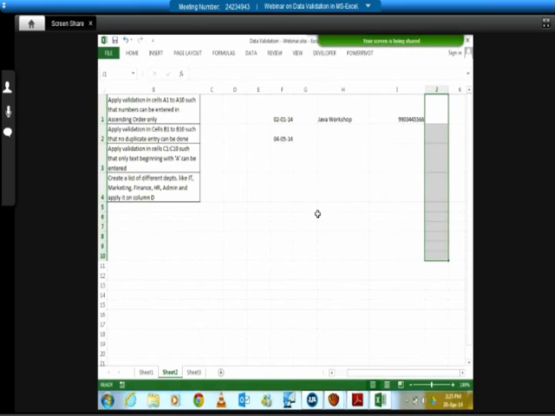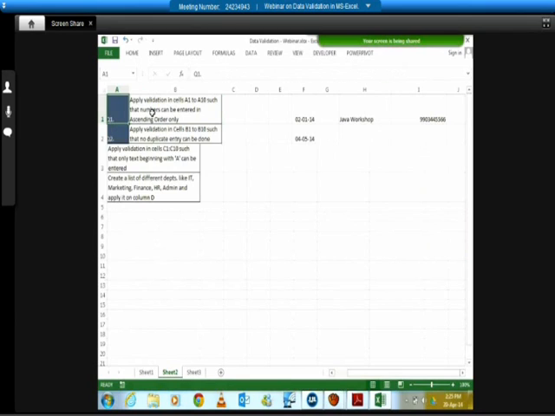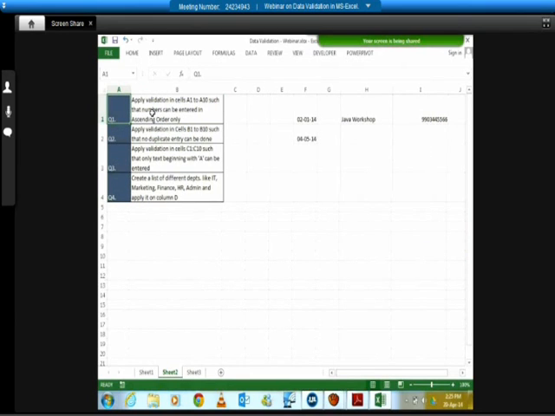Okay, entering in ascending order means first the smallest number would come and then the higher, and so on and so forth. Now let's say instead of A1 to A10, I want to apply this validation on J column. So how will I do that? First of all, I can't put it on J1 because J1 will be my first number. After that, I have to make sure whatever number comes has to be greater than J1, right? So I'm going to miss J1, select J2 to J10, go to Data, Validation, and I'm going to work in Custom. So what would be the formula?